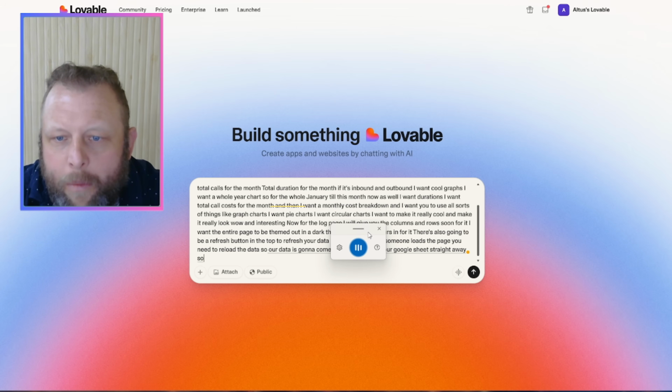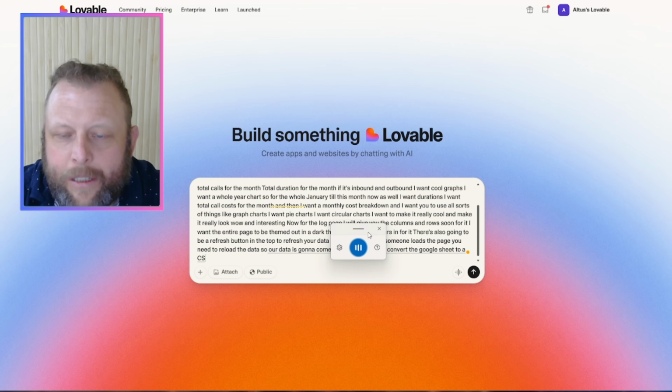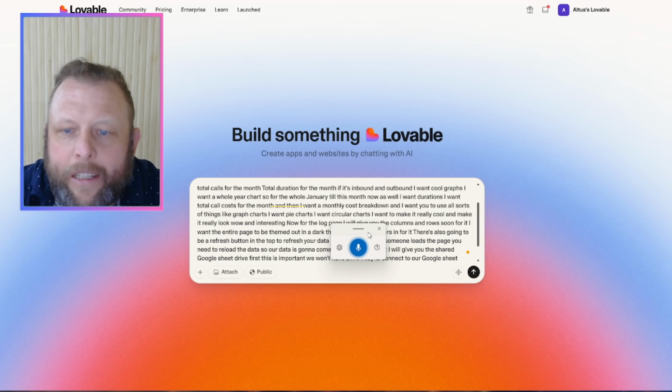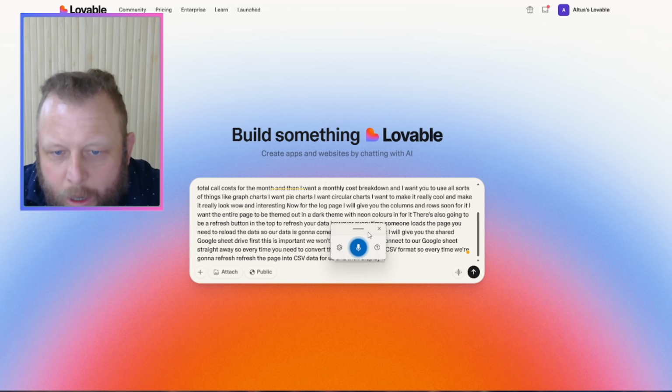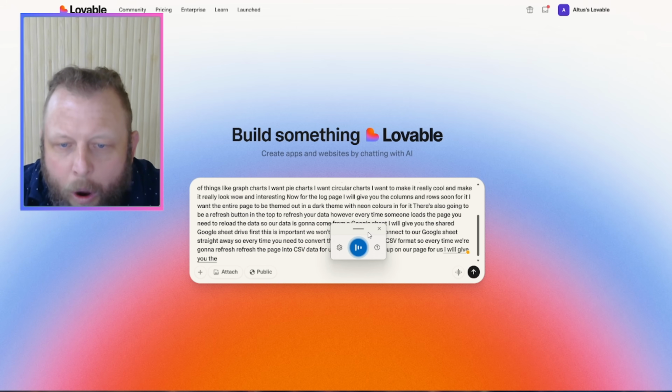So every time you need to convert the Google Sheet to a CSV format. So every time we're going to refresh the page into CSV data for us, and then display it up on our page for us. I will give you the sheet URL, and I will give you the columns and rows